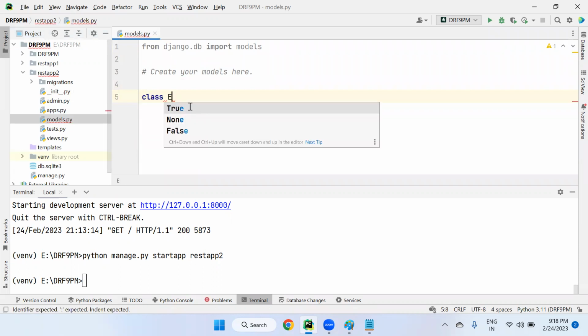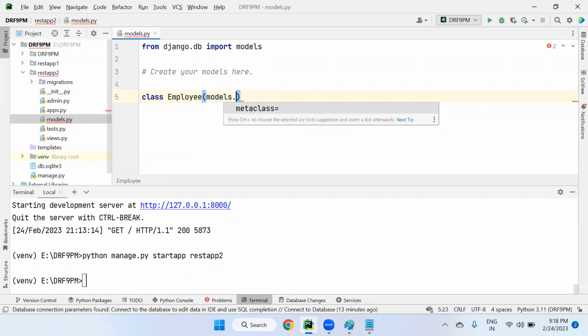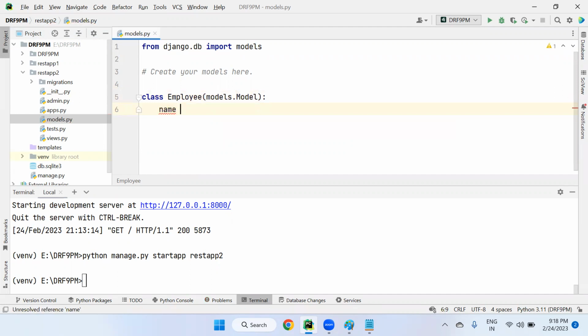My class name is Employee model only. You can take any model or student model. Model start, what actually model. Now let's create the fields. Name equals to